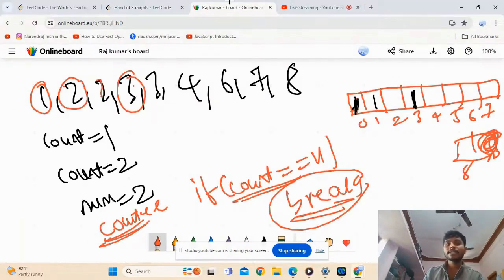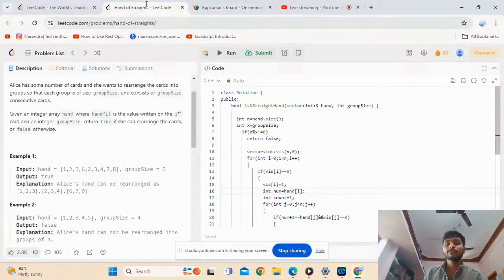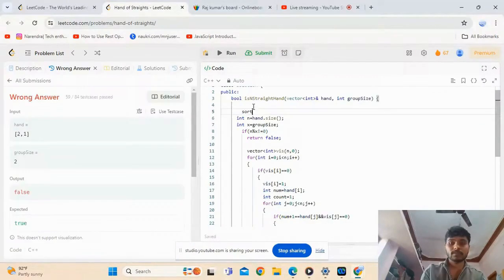If it is not visited and it is just greater than this, then first time it is 2, here we have count equal to 1, then count equal to 2. Next it is also not visited, so count is equal to 3. Next the upper for loop starts from here, I is equal to